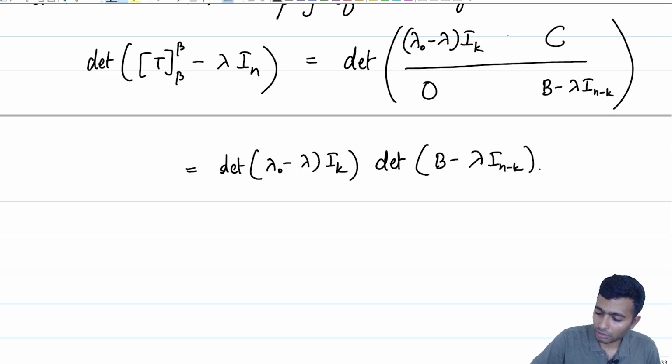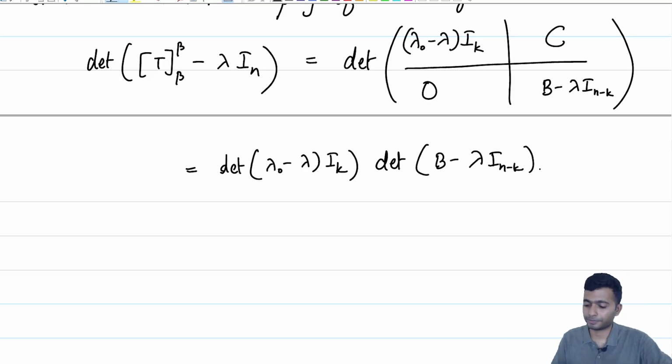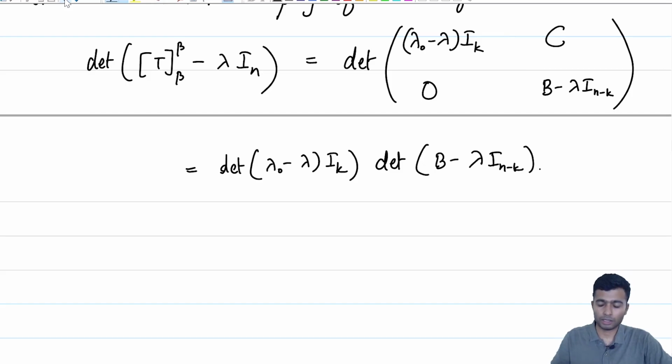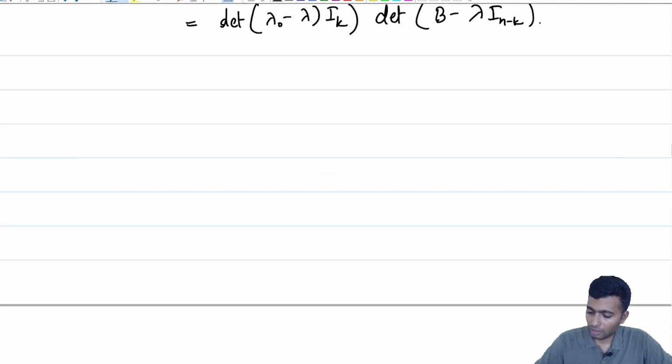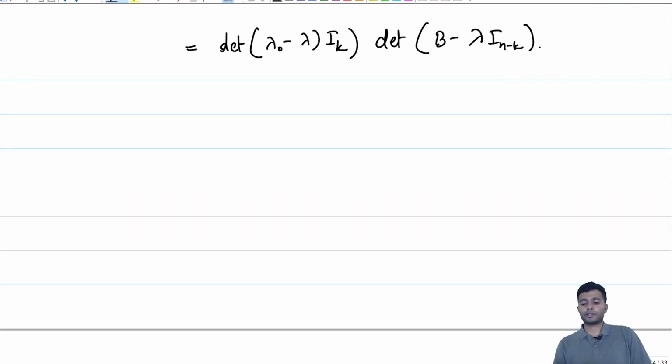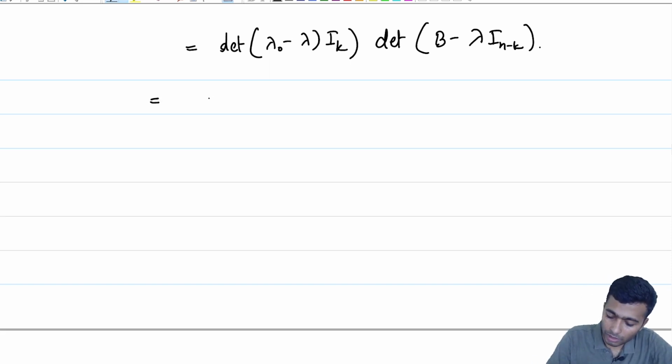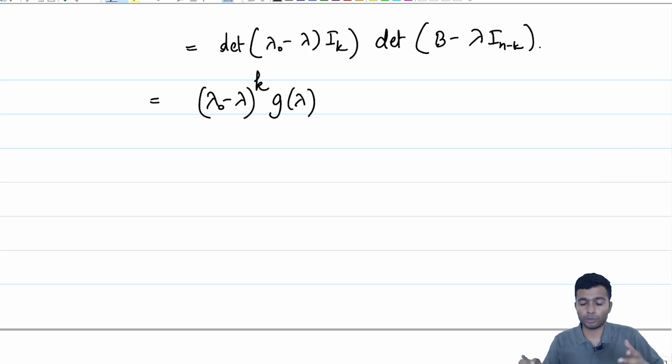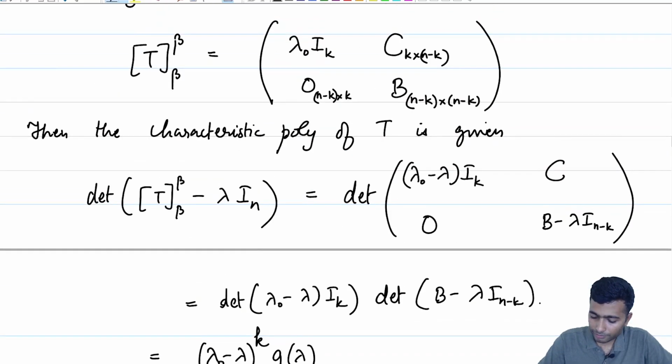Recall that this is a block matrix of the correct sizes, which was written a bit above here. Okay, so what is the determinant of lambda naught minus lambda times I_k? That is just going to be equal to lambda naught minus lambda to the power k times some g of lambda, where g of lambda is the polynomial of degree n minus k, which is basically the characteristic polynomial of B here. So, it is going to be a polynomial of degree at most n minus k, and therefore, this